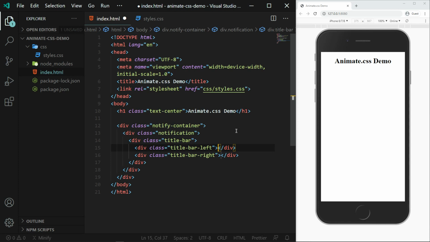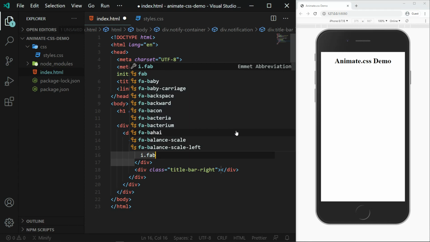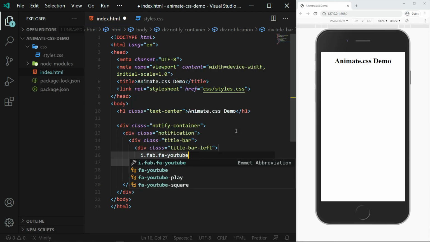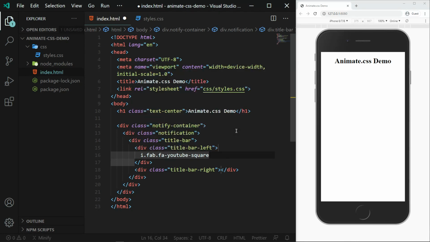Okay, and then within title bar left we're going to have an icon. Since we delivered Font Awesome, we can use, as you saw in the demo, we are using a YouTube notification. So FAB, FA, YouTube, square, and